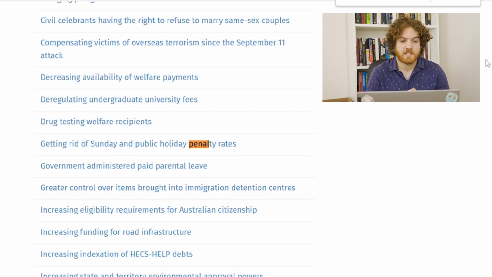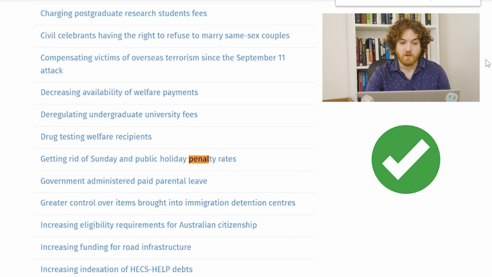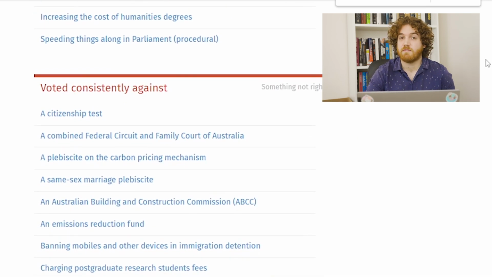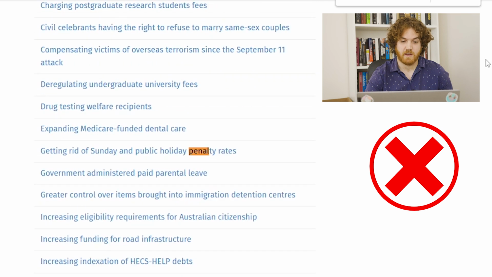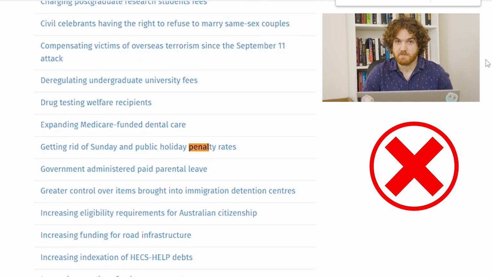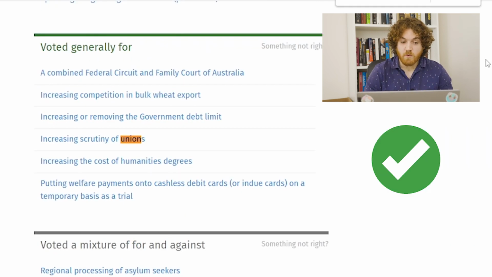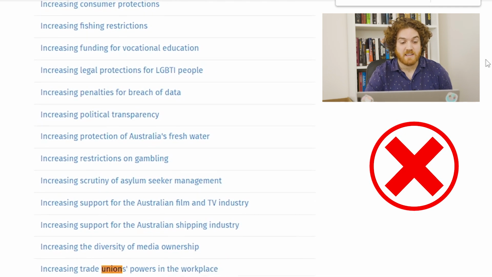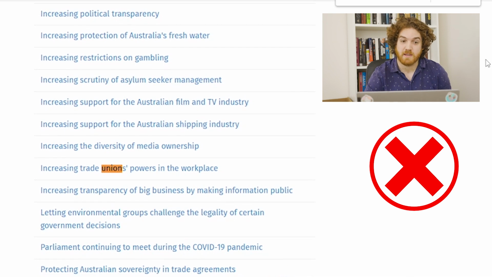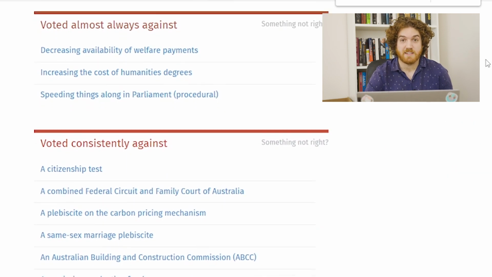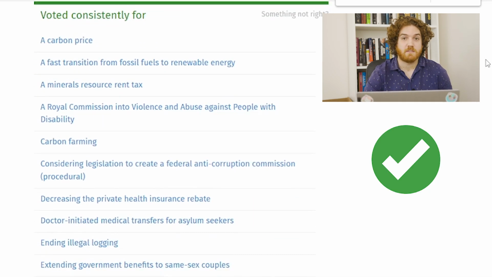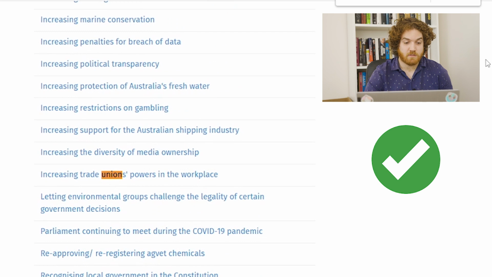So, Scott Morrison has voted consistently for getting rid of Sunday and public holiday penalty rates, whereas Anthony Albanese has consistently voted against getting rid of Sunday and public holiday penalty rates. Morrison has voted generally for increasing scrutiny of unions and voted consistently against increasing trade union powers in the workplace, whereas Anthony Albanese has voted consistently against increasing scrutiny of unions, whereas he has voted consistently for increasing trade unions'